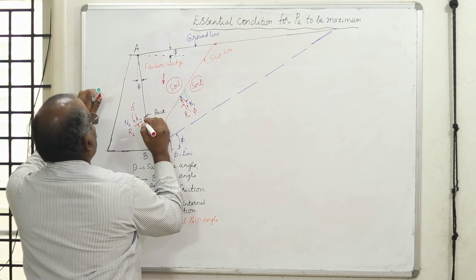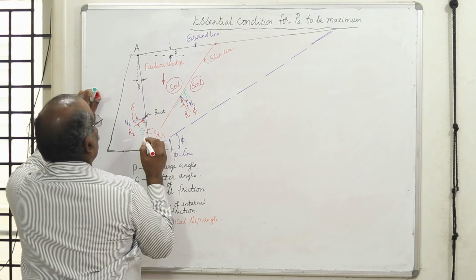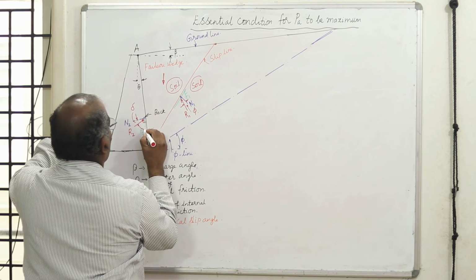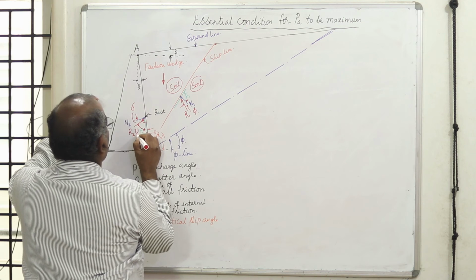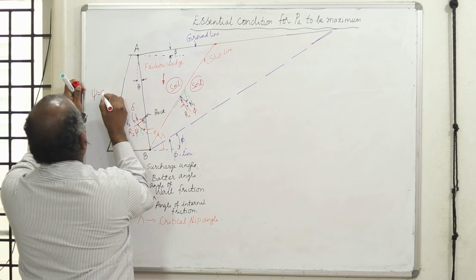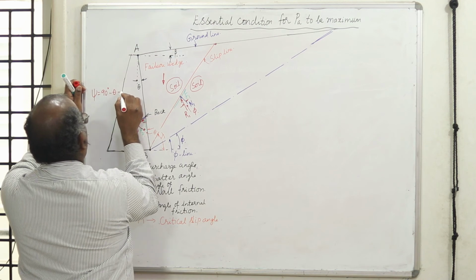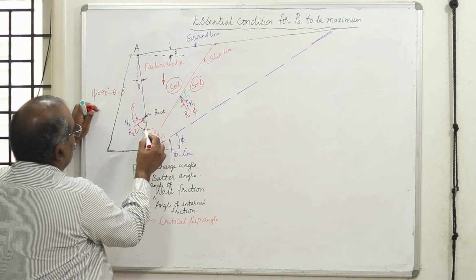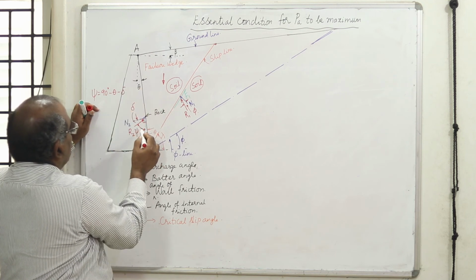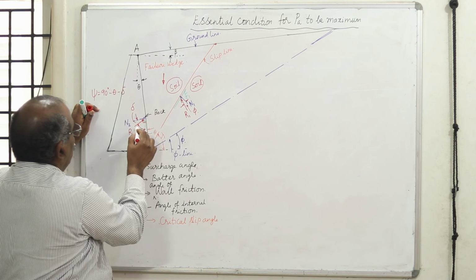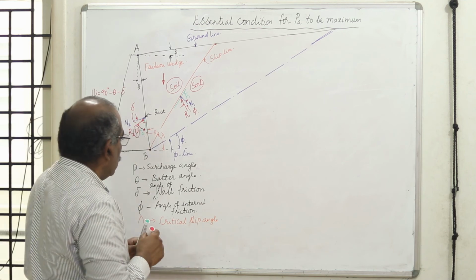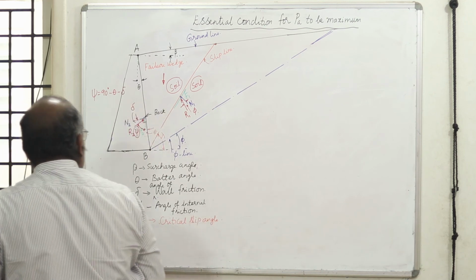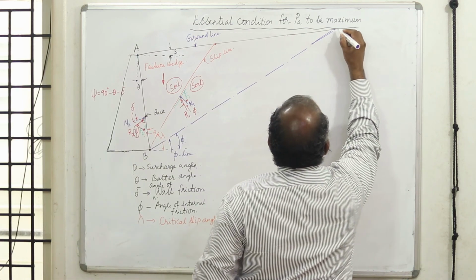Now this complete angle is 90 degrees. Out of that you have got theta, and the remaining angle, I will call this angle psi. Now psi is equal to 90 degrees minus theta minus delta. Therefore I am subtracting theta, which is the batter angle, minus delta. Therefore, the remaining angle with respect to the vertical will be psi. Now we'll make use of that in the later analysis. Now we need to find an equilibrium. Now let us call this D.